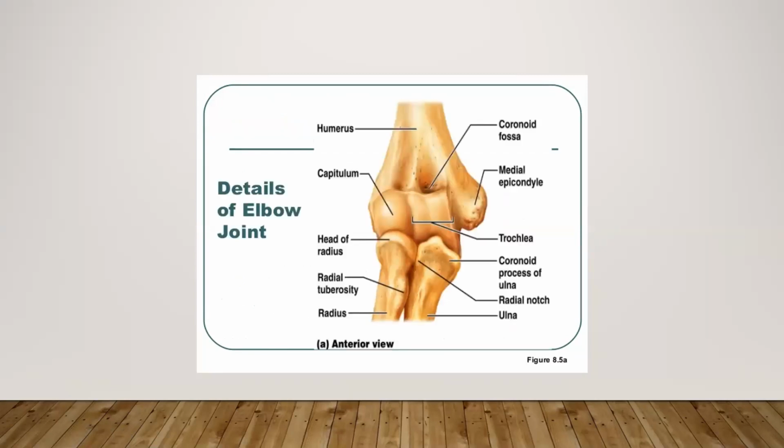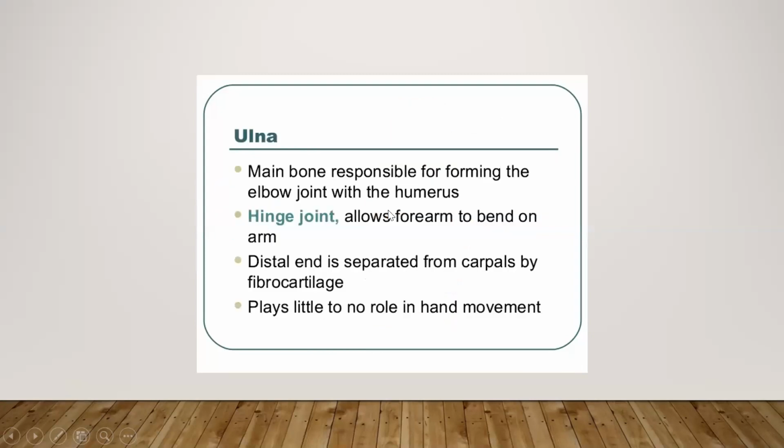This is the elbow joint. This is the humerus, and this is the head of the radius. This is the ulna. Radius, radial notch of ulna, coronoid process of ulna. And this is the condyle, medial epicondyle. Ulna,